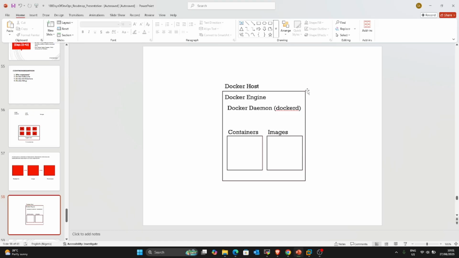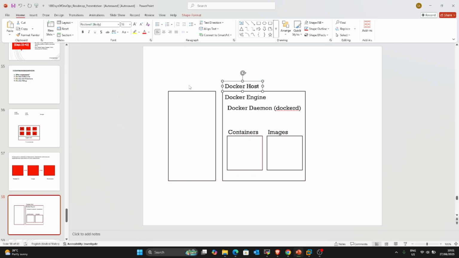I said the Docker client. So let me go here and put this as the Docker client. This is Docker host. So basically I'm just trying to explain the architecture of Docker, and this is it. So we have the Docker client, and then lastly we have the